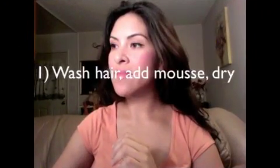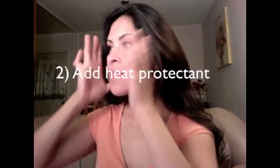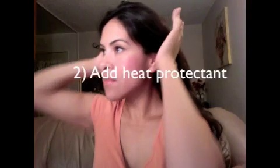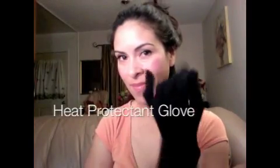As you can see, it is a clickless curling iron and it does come with the on and off switch. The barrel is very small. You want to wash your hair, and while it's wet you're going to add mousse and then let it dry. Then you're going to add heat protectant when it's dry, and you're going to section your hair because we're going to be working with layers here. The product does come with a heat protectant glove, so go ahead and put that on, and we're going to